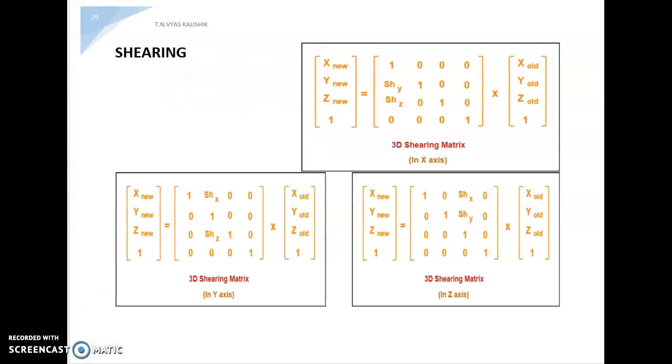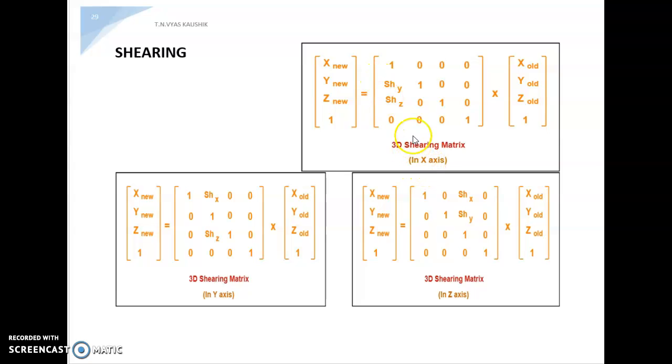Finally, we will go to shearing. As I've already told you, I explained shearing properly in 2D transformation. I hope you go and revisit that lecture so that you better understand shearing, because in 2D we did shearing with respect to only one axis, either x or y. In 3D we have three axes, x, y and z, so there will be two coordinates, and two shearing factors for each axis. In 2D geometry, for each axis we had only one shearing factor.